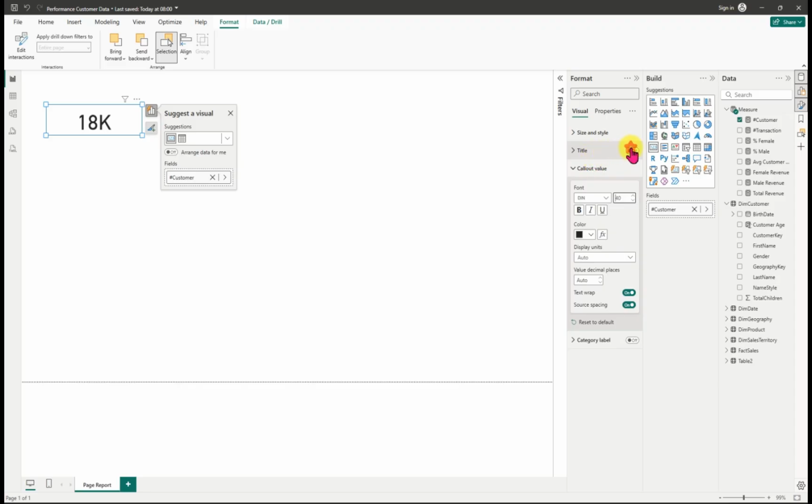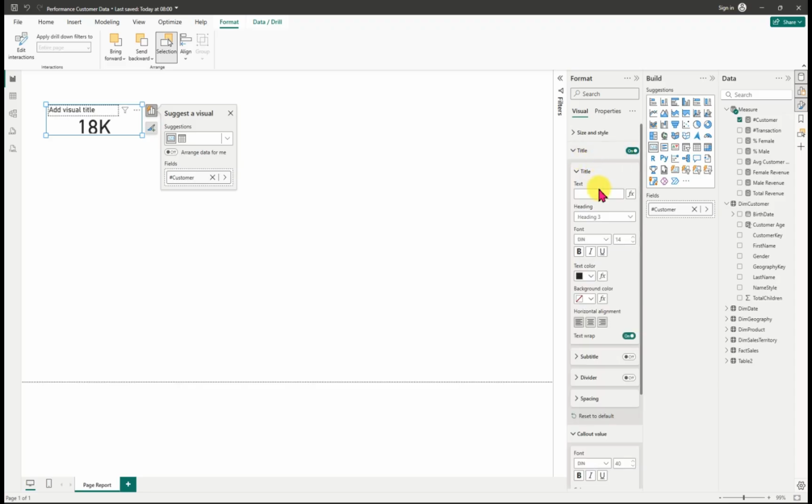Then we go to our title. We'll put a title there, which is going to give us total customer. So we have a total customer. Then I'm going to center it. Is horizontal alignment, so center. So we have it there. And let me reduce this to 40. 12 is actually good here. So we have this,